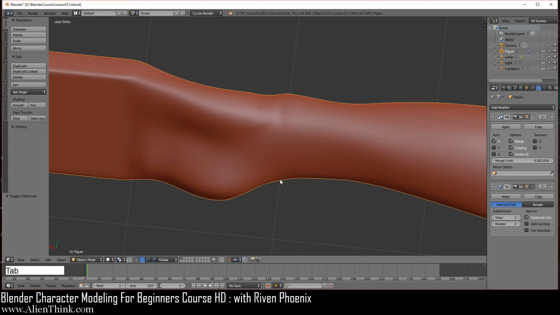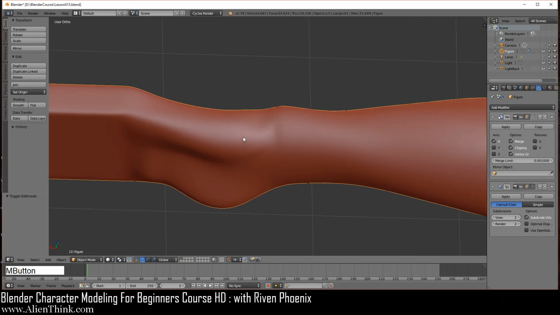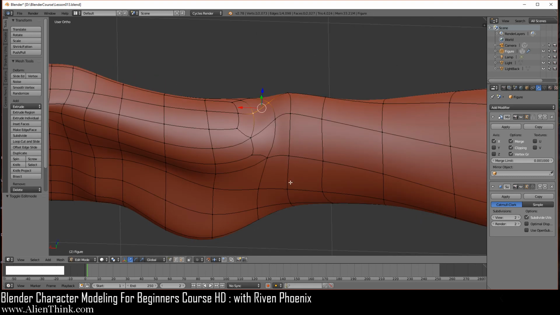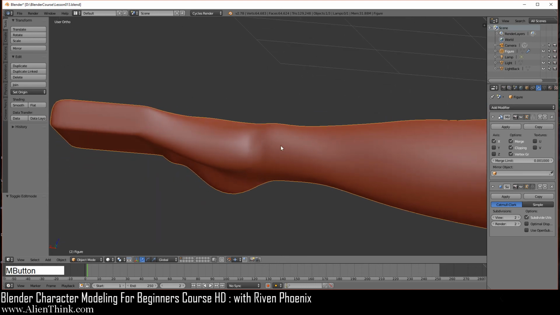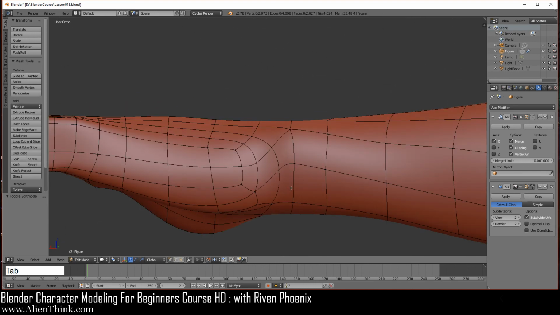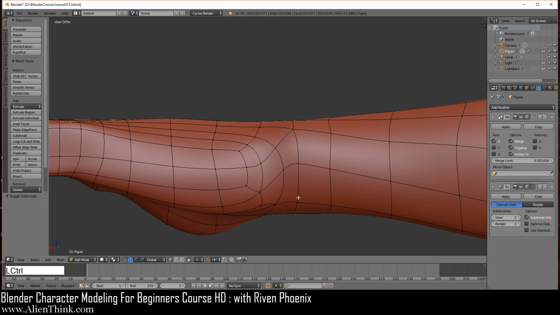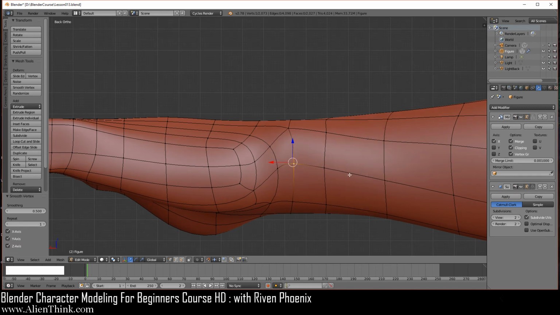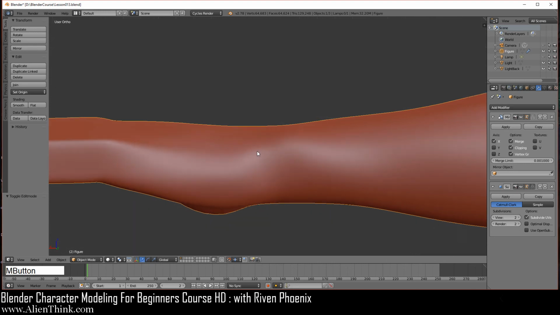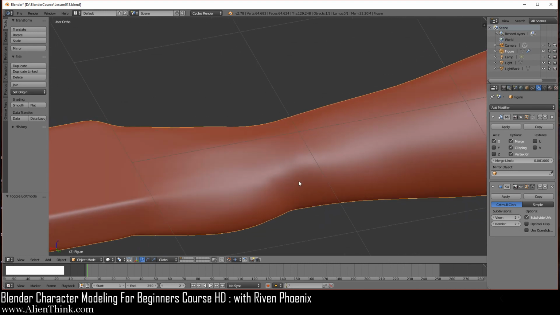Okay, and now we're just going to take a look at the bottom over here. What we don't want to do is really mess too much with this area. We're going to come back to this area a little later when we start to do the surface anatomy, because we don't want to move too much stuff around. So I'm just going to do Control 1 over here and click on this, W smooth, 1, 2. Over here to bring this down a little bit and relieve that pressure. So you can see what we're getting is this idea for the bone.